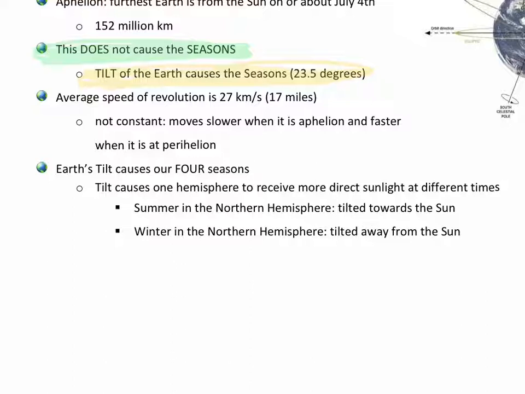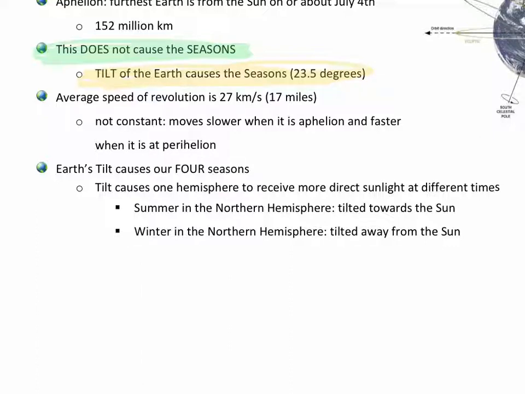And now, for the moment you've all been waiting for, Earth's tilt causes our 4 seasons, right? Our summer, our winter, spring, and fall. Although, finally, I think we're starting to see fall as we're near in the middle of what would normally be fall. This is all because when the Earth's axis is tilted at 23.5 degrees, I'll say that again, 23.5 degrees, there's going to be a portion of time where Earth's axis is tilted away from the sun, and a portion where it's going to be tilted toward the sun.